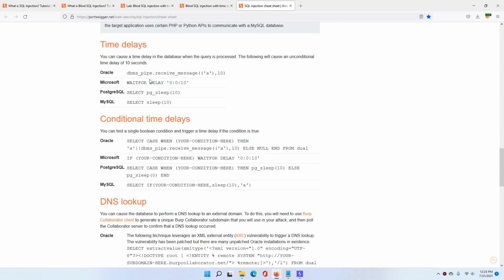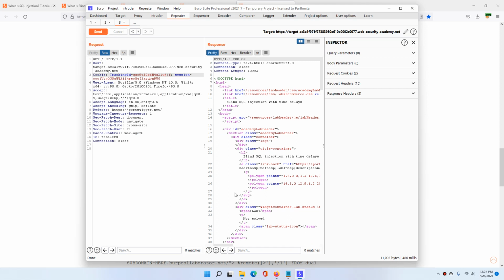In Oracle it is like DBMS_PIPE.RECEIVE_MESSAGE. For Microsoft, to do a time delay, it's WAITFOR DELAY. For PostgreSQL it's pg_sleep. For MySQL it's sleep. So we actually have to brute force all of them to know. If you know which kind of database it is, then you can directly go with the specific one, but if you don't know, we have to brute force every option.